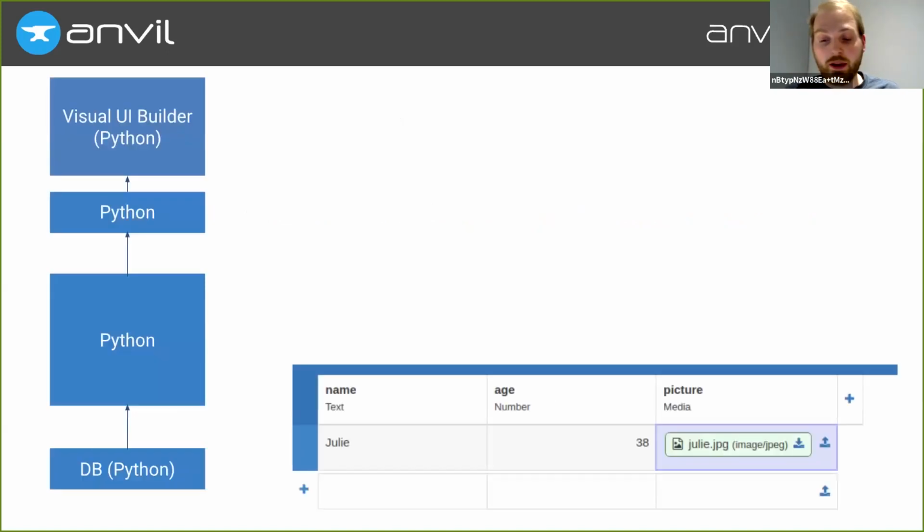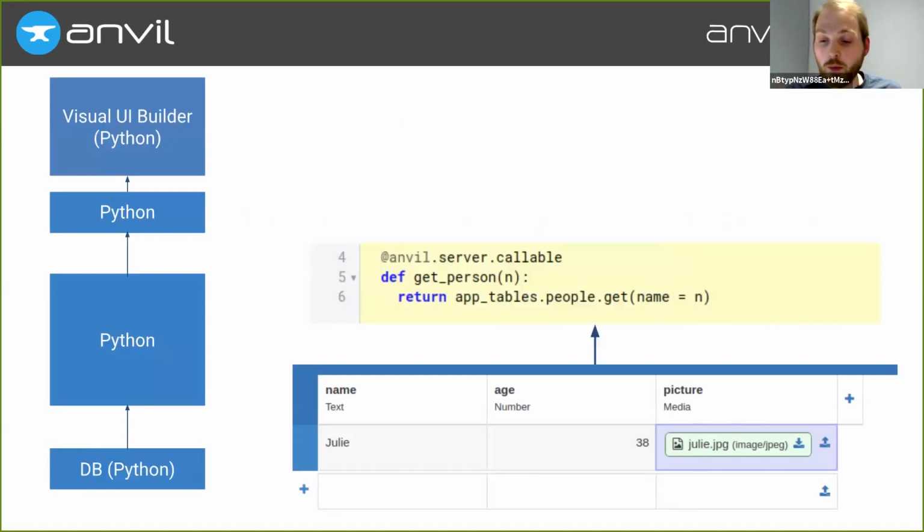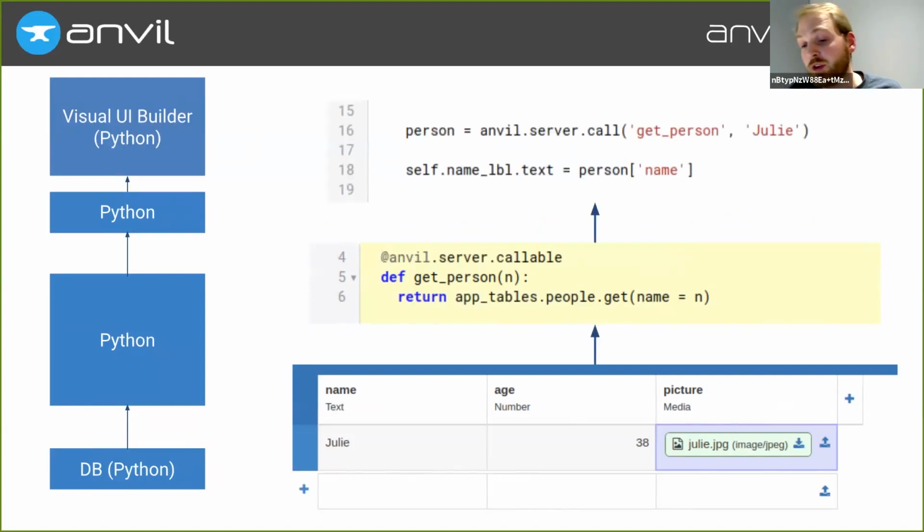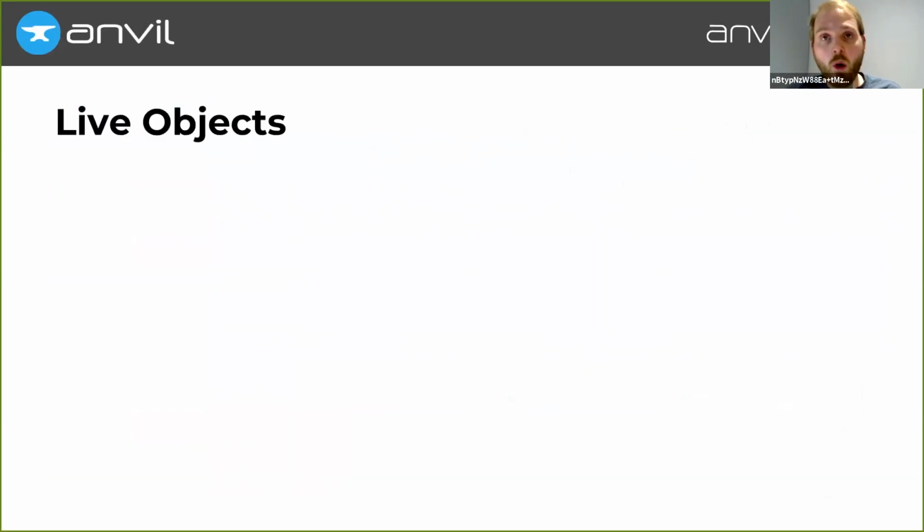Because there's a database, these rows are just objects that you can get out in your server code. You can freely return those, pass them to and from client code. And when they arrive in client code, those rows are objects. They're not dictionaries, even though they have a get item method, so you can access them this way. You can update them, you can delete them, you can query their IDs. They are real objects, and we should be able to treat them as such. So what we've created is a type of object.